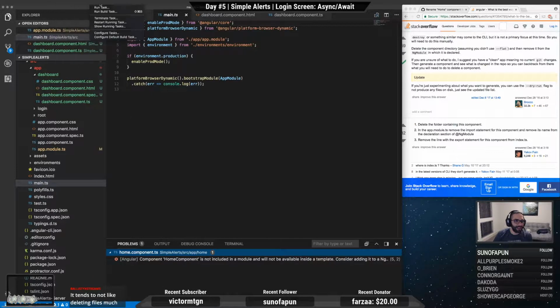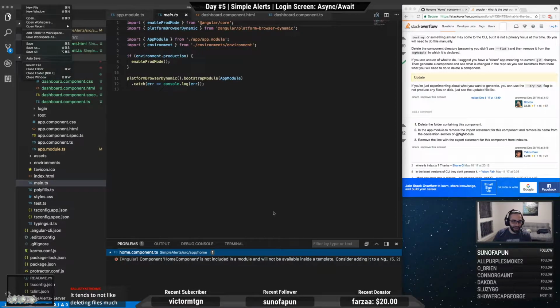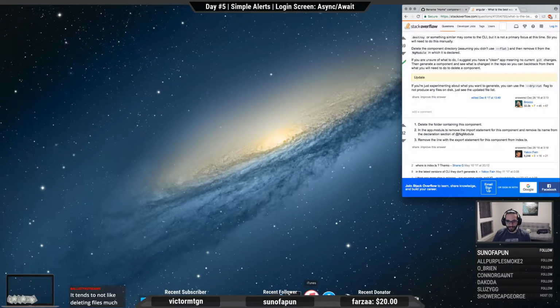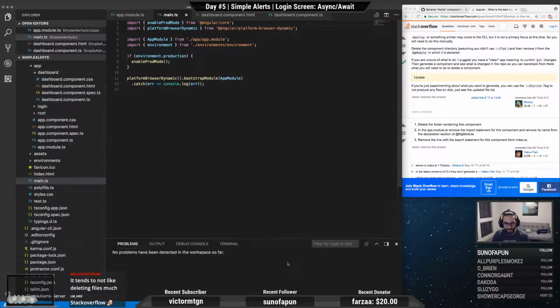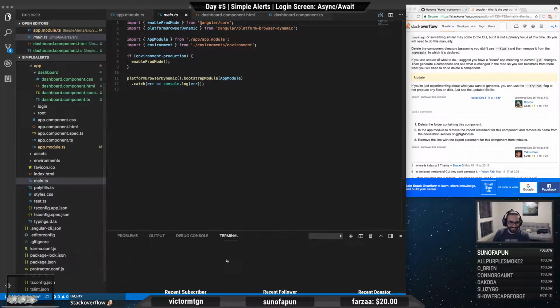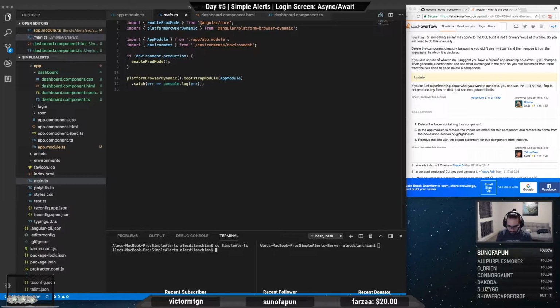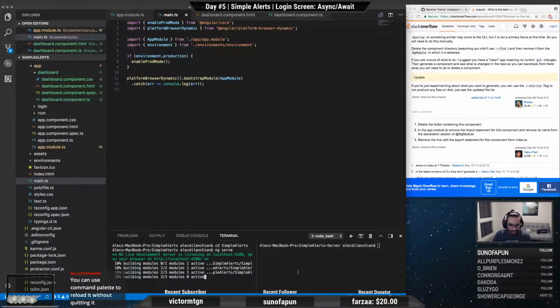Let's see, is there like a... All right, let's try this. Exit out of VS Code, open it back up. I tend to not like deleting files much. Yeah, there we go. Oh, but all my bashes are removed. That's so sad. Okay, so we do cd SimpleAlerts. All right, so that's there. We need to now change our